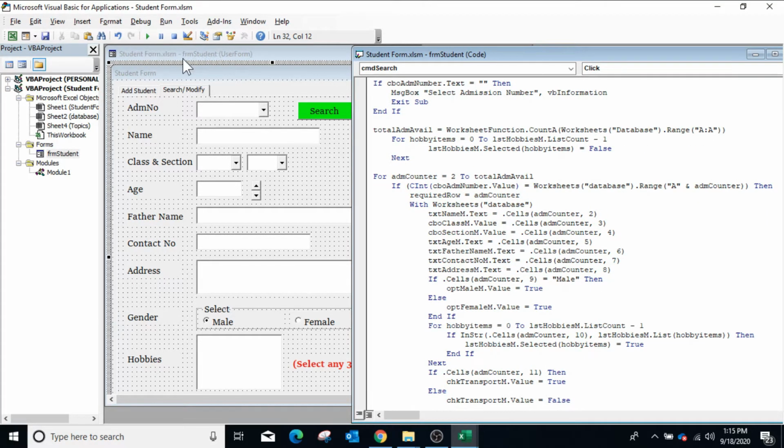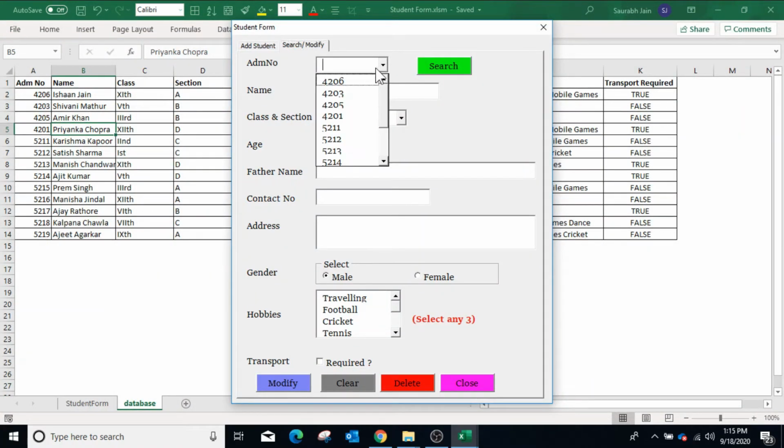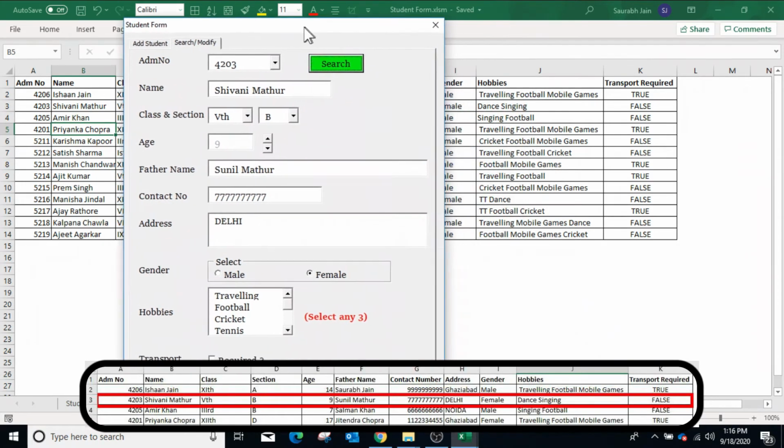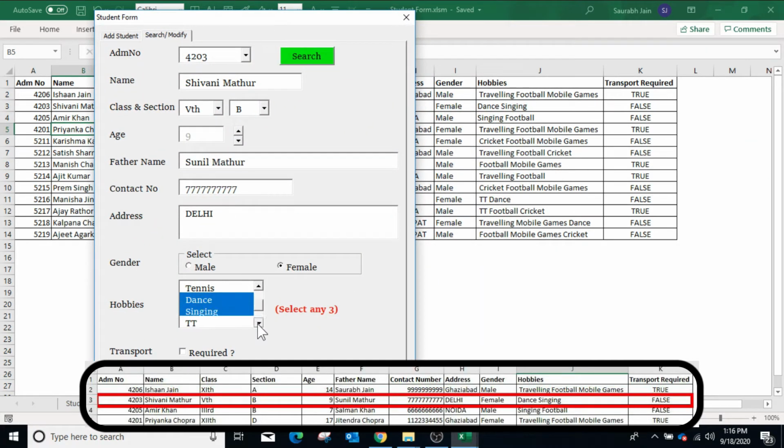Now run the user form. The combo box is showing all the available admission numbers. Select any admission number, click the search button, and the form will show all the related information of admission number 4203. Female is selected as per the gender column in the database sheet, and the hobbies are showing dance and singing as per the database sheet.